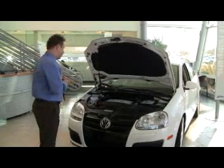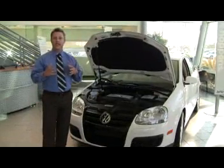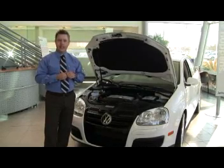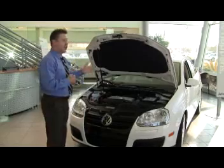Part of the safety of this vehicle, however, also starts with the motor. It sits on engine mounts that actually break away in the event of a significant front-end collision. Basically what that allows is the motor falls down instead of going into the engine or into the...